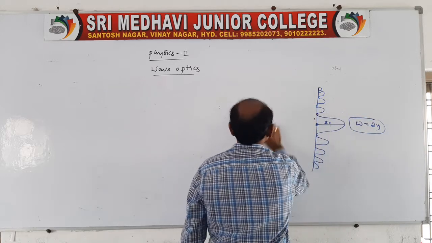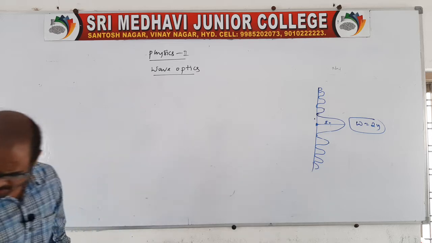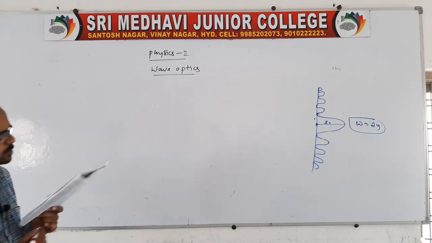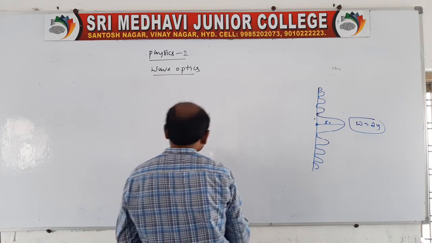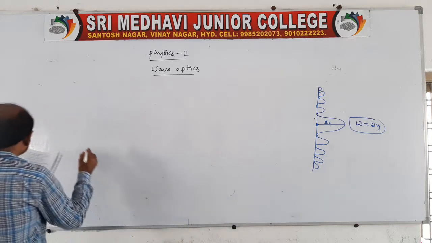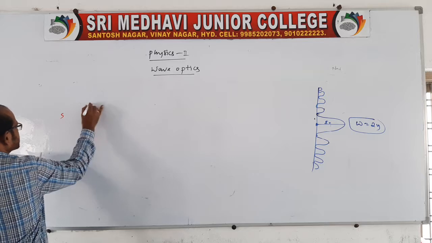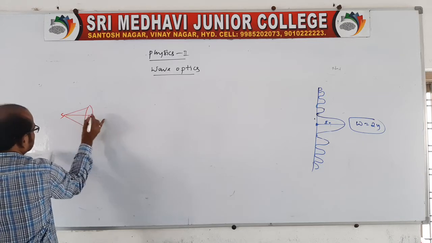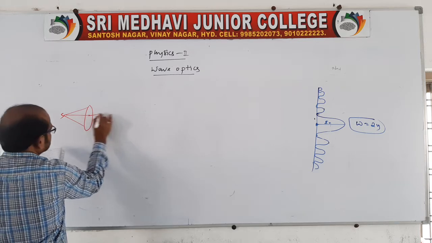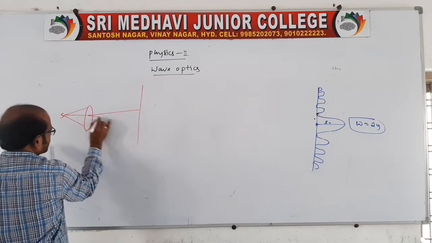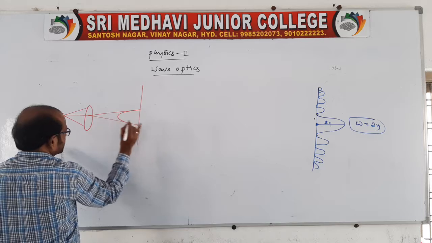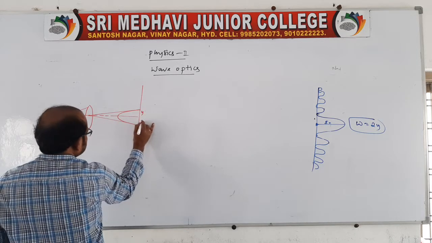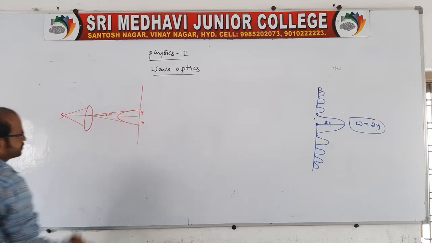Right. Coming to the point, in this situation I would like to explain the central maxima. Suppose you take one lens, or else you draw another diagram. Say the source is there, you take one lens, light is entering. Therefore the rays go through like this, and form this. This is the central maxima. So the width of the central maxima: we say this is y and this is y, making an angle theta.